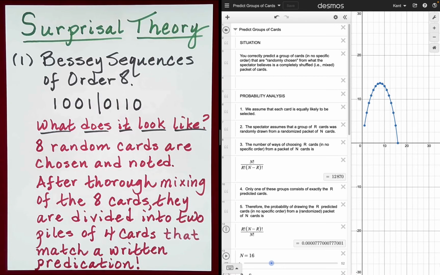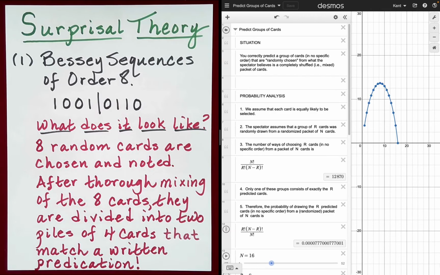Today we will be looking at Surprisal values for Bessey sequences. If you haven't looked at my videos regarding Bessey sequences, you may want to take a look at those before watching this current video. We will be looking at Bessey sequences of order 8, Quasi-Bessey sequences of order 16, and Bessey sequences of